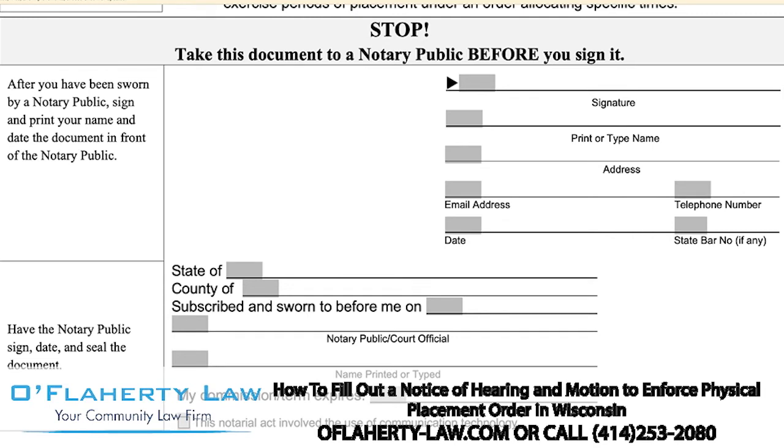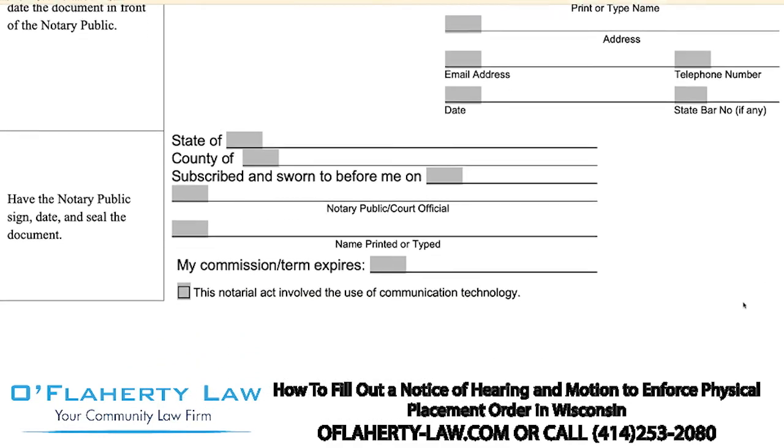The notary will look at the document. The notary will not look at all the details of the document. The notary will verify what the document is. The notary will verify your identity. And then the notary will watch you sign it and they'll put their stamp on it. If you're worried about finding a notary, your bank or credit union almost certainly has one around for you to use for free. Sometimes they do require that you make an appointment, but that's not such a big deal. Or I know the UPS store offers to notarize documents for $5 a pop, which is pretty affordable. But again, just don't sign it unless you're in front of a notary.